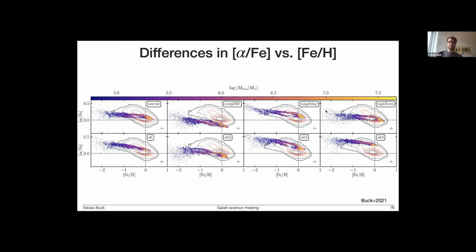implementations. The upper row shows variations of the IMF, for example. I made the high mass slope a little bit steeper. I varied the delay time of supernova 1A, and I varied the normalization of supernova 1A. And as is expected, if you have a lower number of more massive stars, you don't produce that many alpha elements. The delay time seems to have not too much of an influence, but the normalization will shift everything to larger